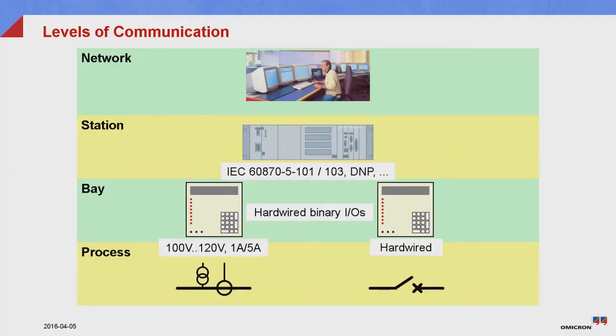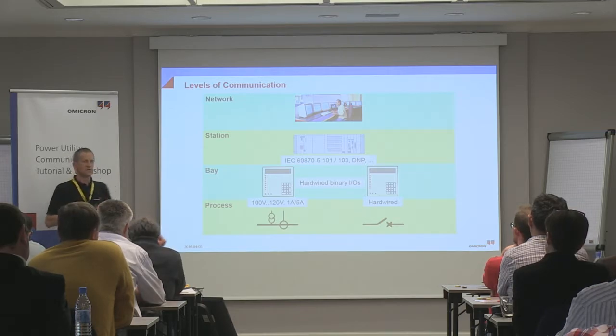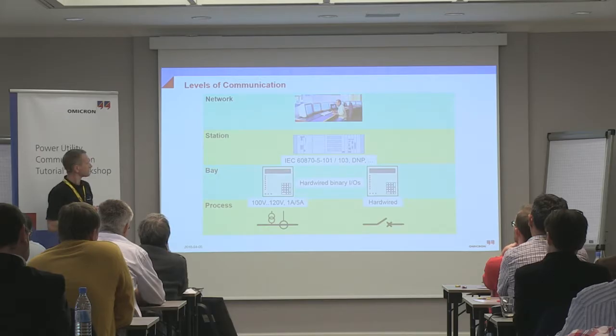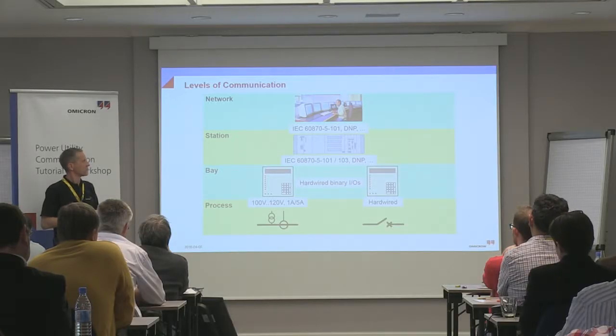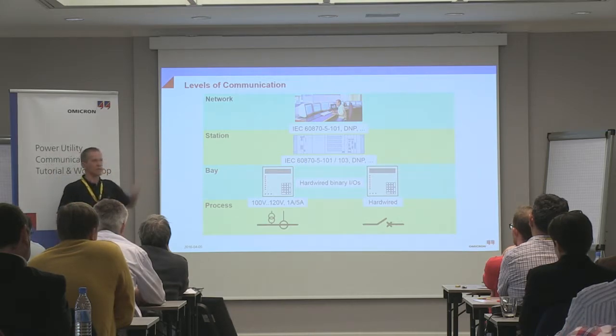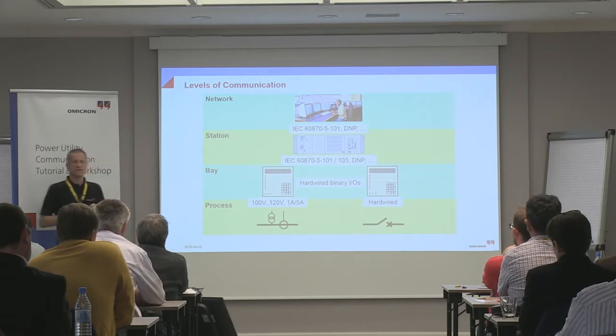Then up to the station controller, we already had some serial protocols in place, like 101, 103, DNP, and whatever. Typically master-slave protocols with multiplexers, slow, complicated. And up to the network control center, we had some other versions of these protocols. I did not mention 104 here, but going over DATEX-P or X.21 or whatever, 64-kilobit serial lines up to the control center.